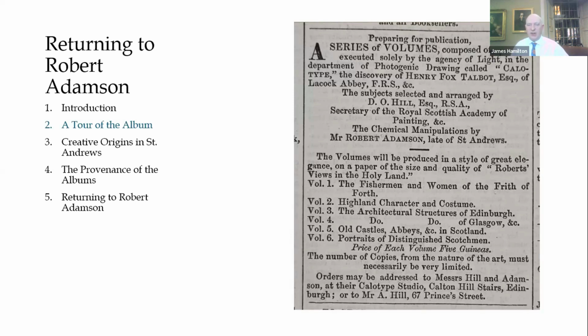The other of the 6 all represent photographic responses, either to work that was being undertaken at that time in print, engraving, or lithograph form, or work that had succeeded recently in those forms. So contemporary with Hill and Adamson, the Sobieski Stewarts were producing a volume of prints about Highland costume, which was published not about the same time as the St Andrews volume, to great controversy. The architectural structures of Edinburgh and Glasgow, covered quite recently in Scotland by Thomas Hosmer Shepherd and many others. The old castles, abbeys, etc. in Scotland,